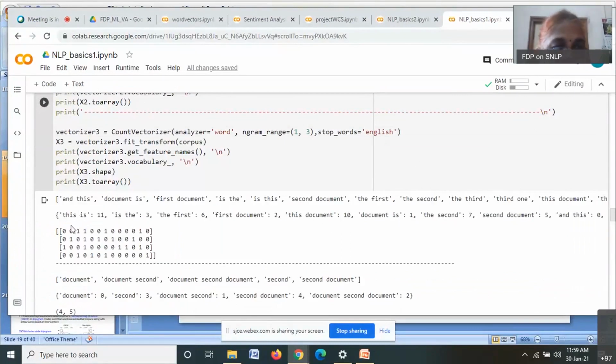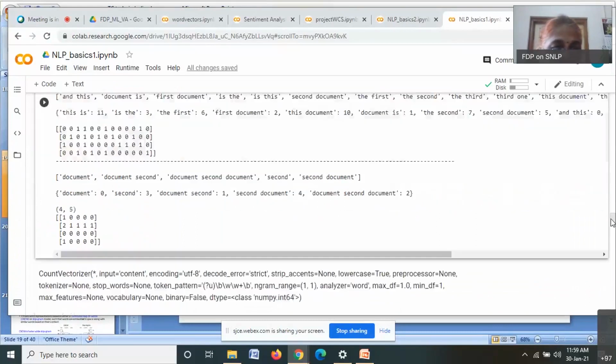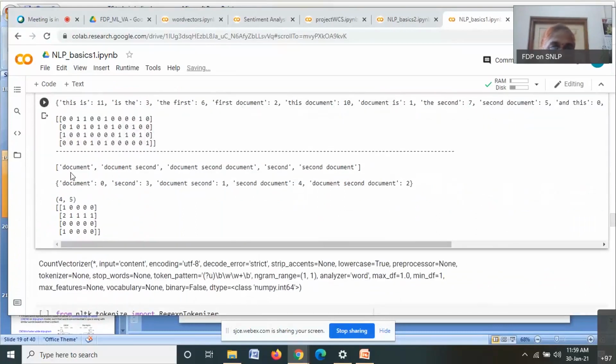Yes, I have included stop_words equal to English for vectorizer 3. If you consider vectorizer 3, you can make out here that all those words are not there. We have only document, document second, and so on. Here document is a unigram, document second is a bigram, document second document is a trigram. So you can include even that in this.